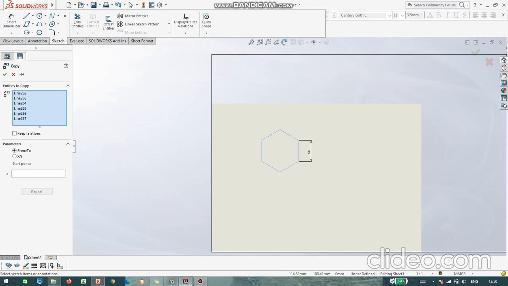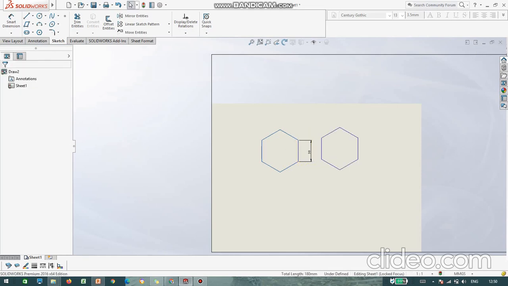Select the entity, again move from starting point to end point. You can see the difference here. Earlier we just moved from left to right, but the original position, the previous position, was moved also. But in the case of copy entity, we retain both positions, the previous one and the present one. That is called copy entity.